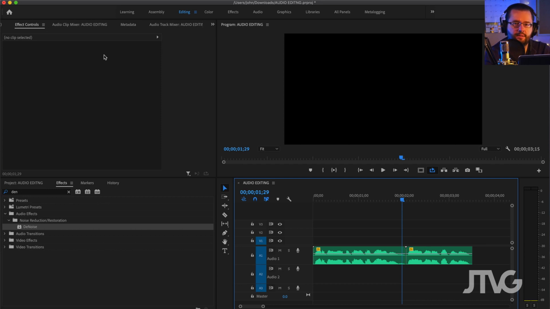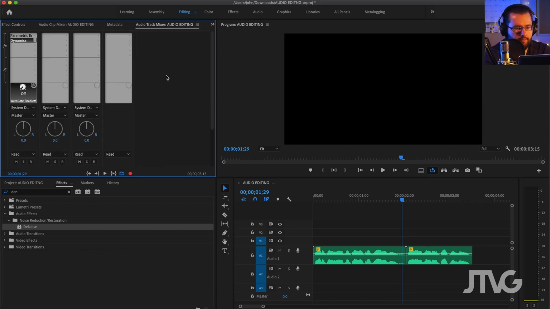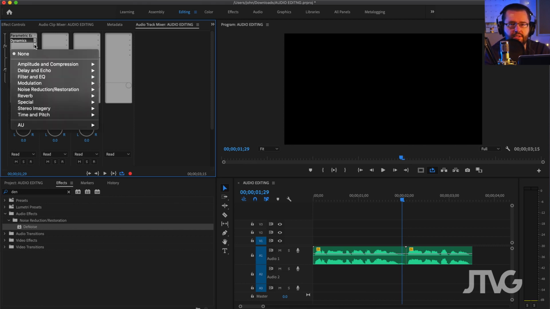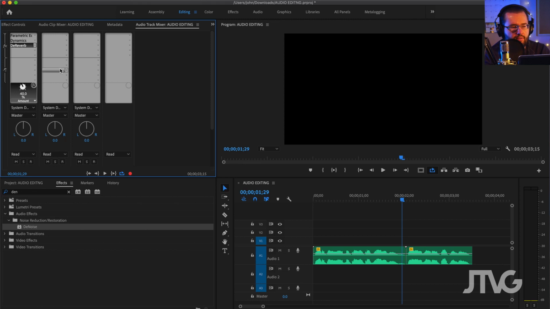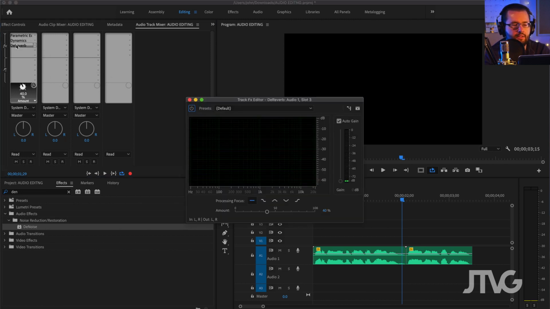Another cool effect that I found out about, I Googled how to get rid of reverb or echoes. And what I found is under noise reduction and restoration, there's a de-reverb effect. And this is highly effective that I found. So similar to denoise,